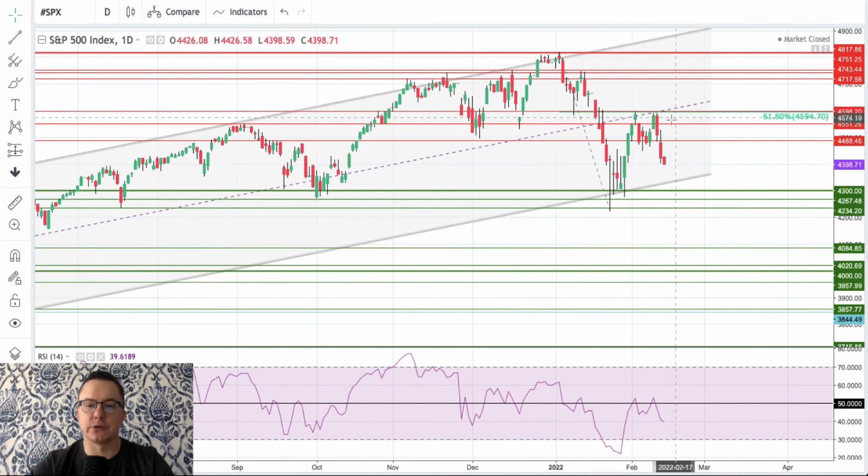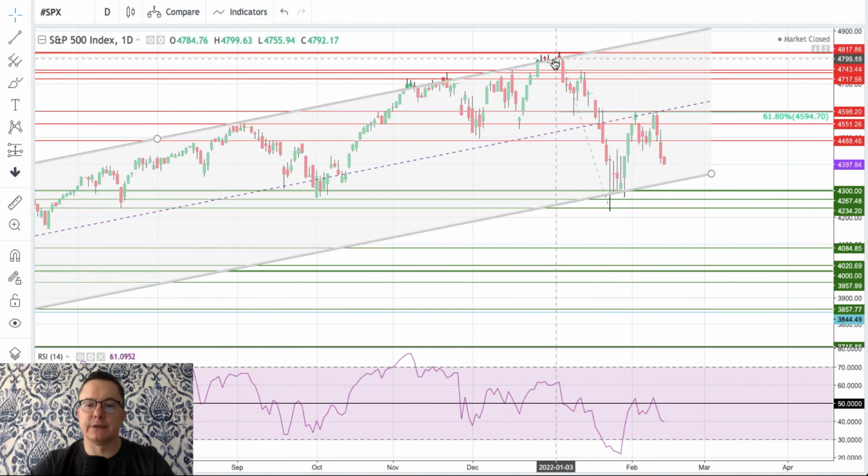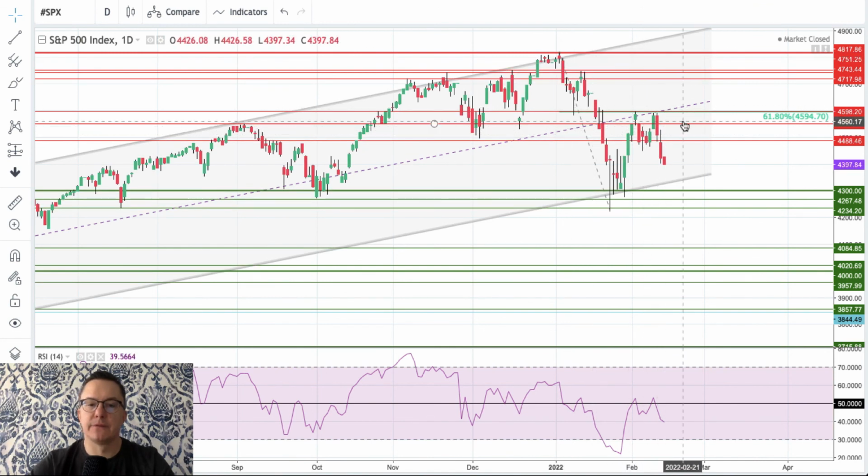This is the last resort for bears. If bulls break above it, then we can easily get towards the swing high and all-time high at 4,870. So the situation is very, very interesting. As you can see here, the bulls have no chance to break and sustain the breakout above the level of 50. So once again, this is like a Batman ears pattern here, and then we are going lower on the S&P 500. So what is the US dollar doing?